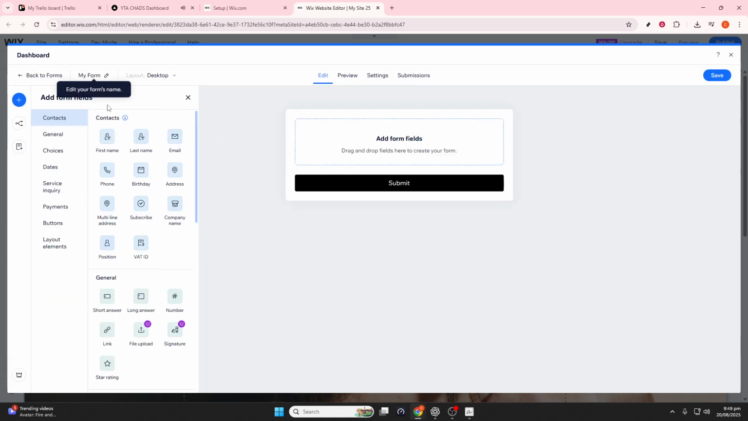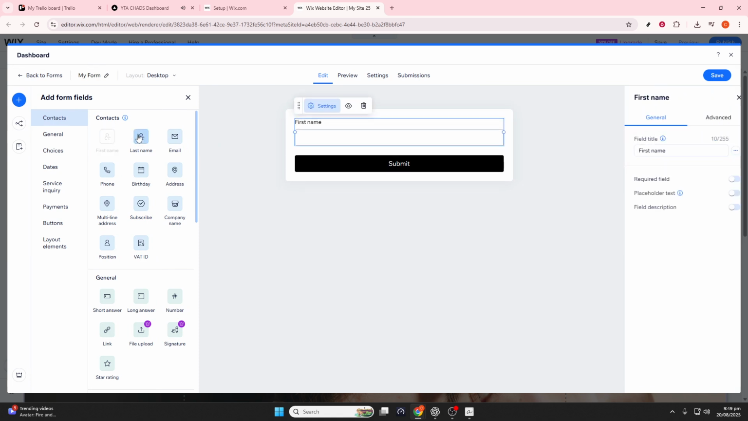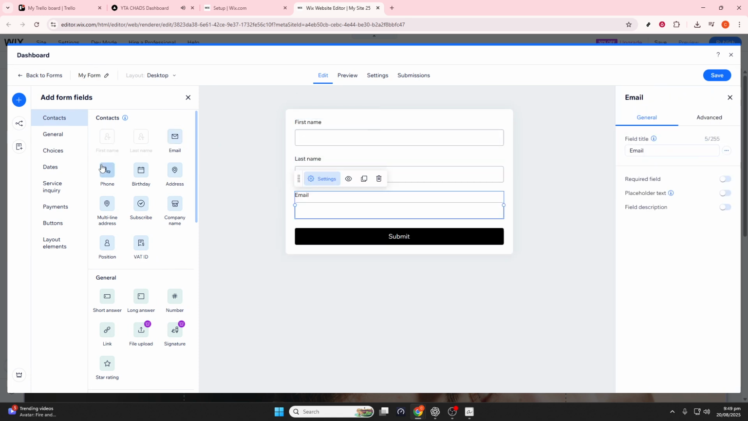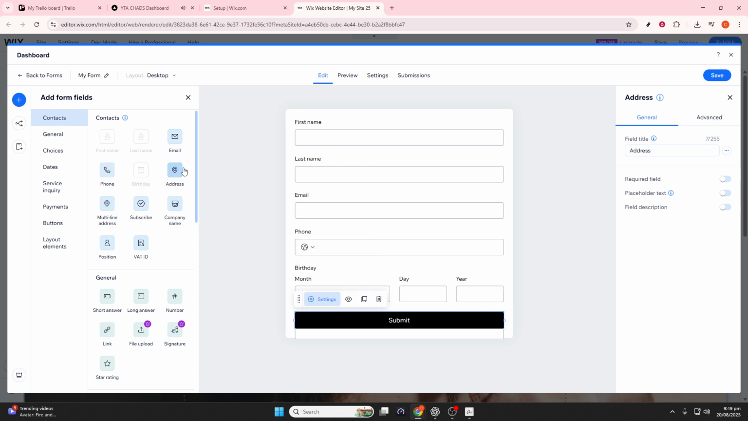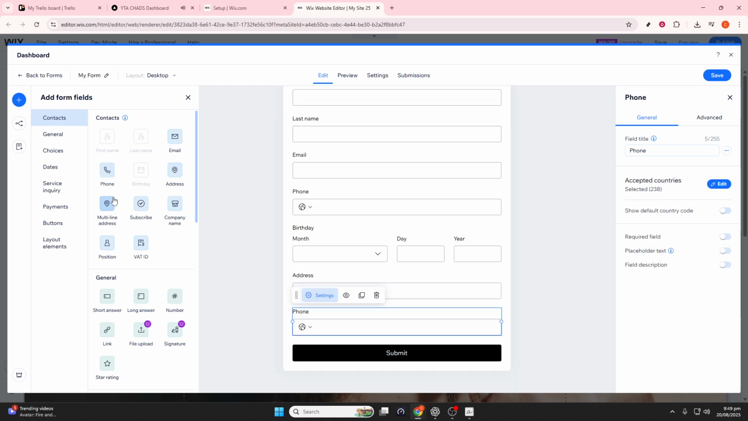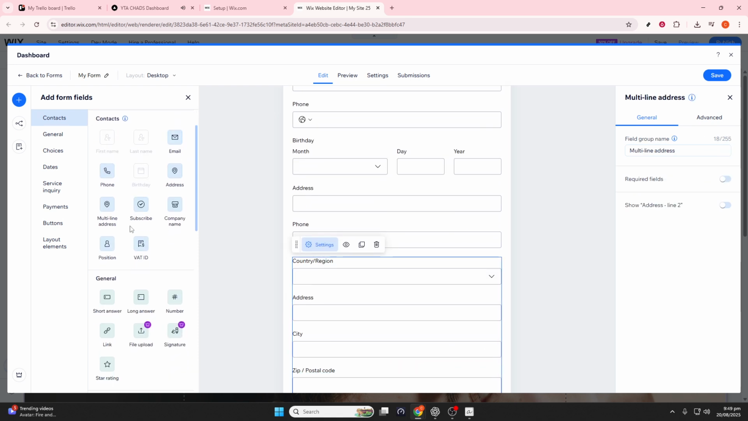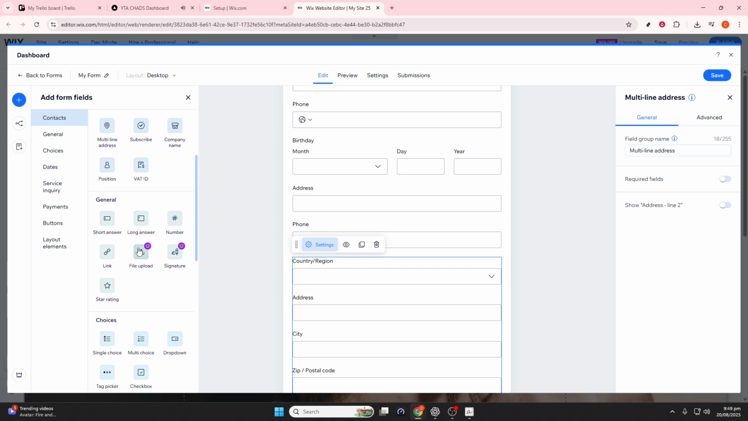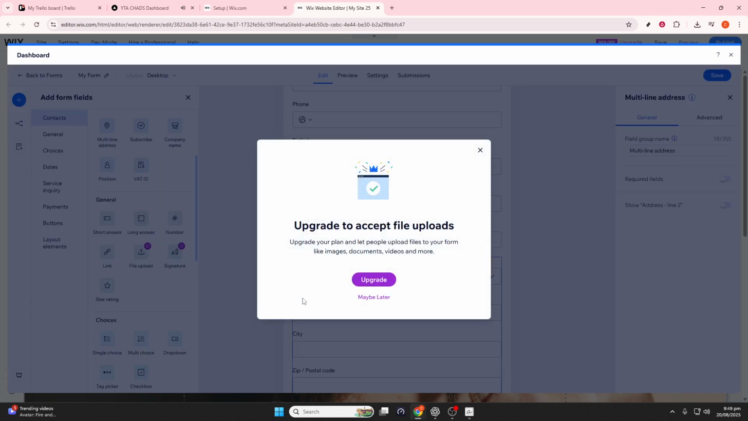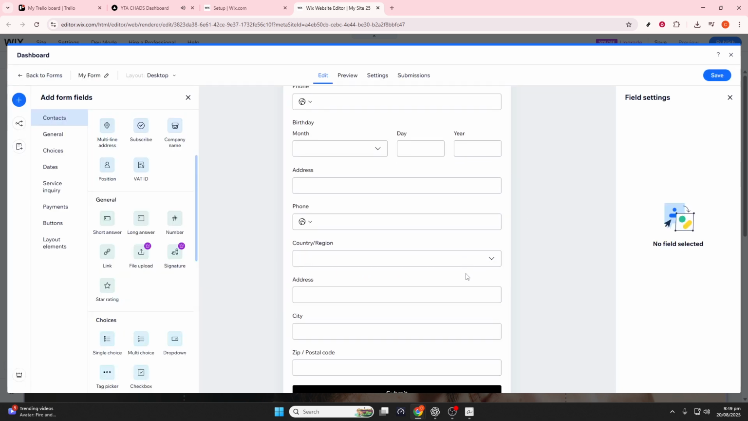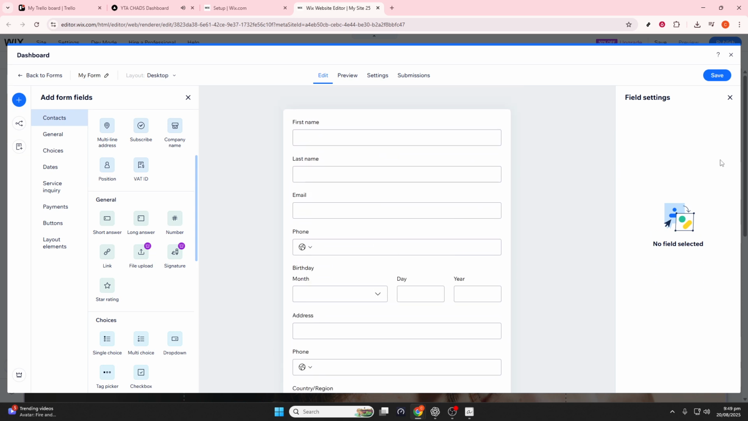Now let's move on to adding a crucial component, the file upload field. Click on plus add new field within your form, then scroll through the options until you find upload button or file upload. If you're on a free site, keep in mind that you'll need to upgrade to a premium plan for this feature. You can rename the field to something that fits your needs, like upload resume or upload design